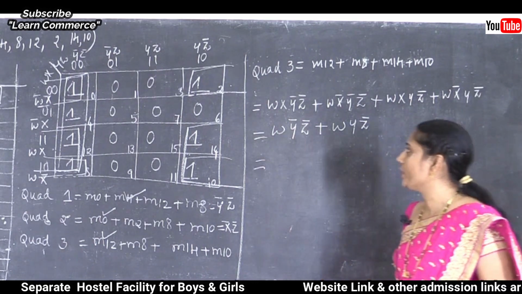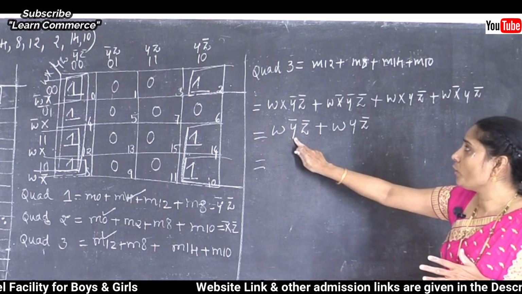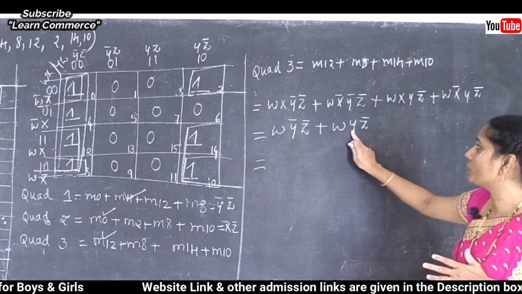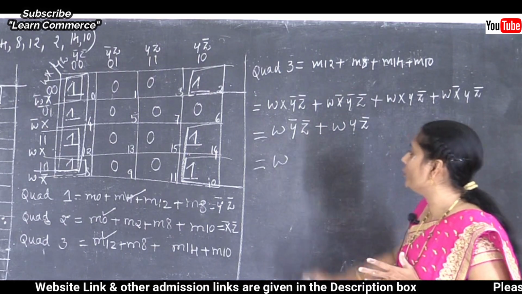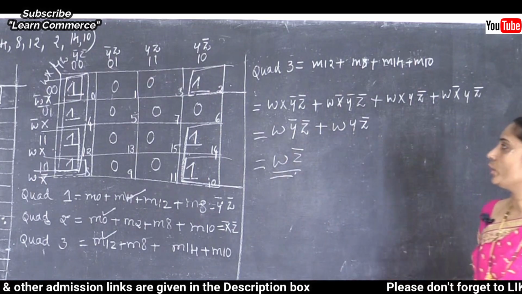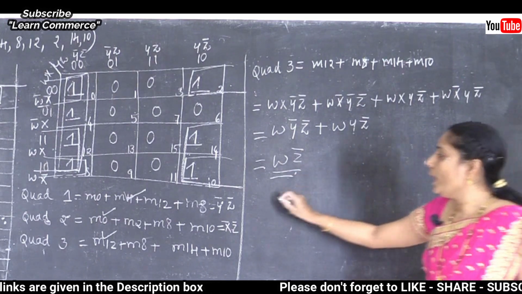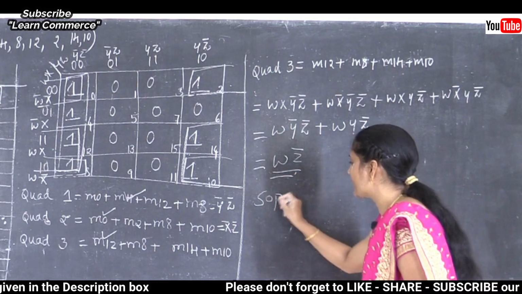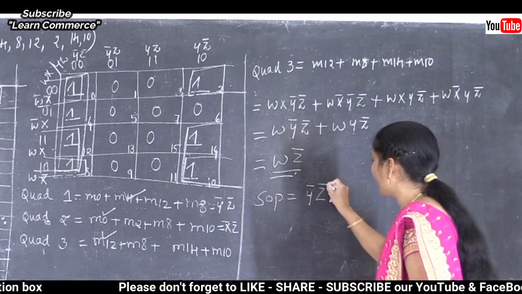And lastly, when you are going to compare the result of first and second with the result of third and fourth, which variable do we need to remove? That means W we need to take here and complement Z we need to take. So the result value is W, complement Z.